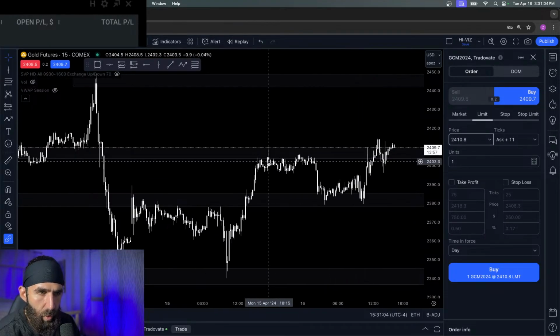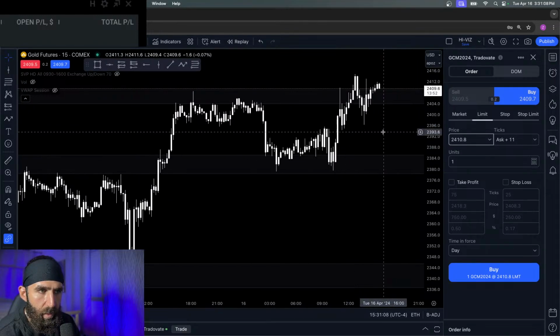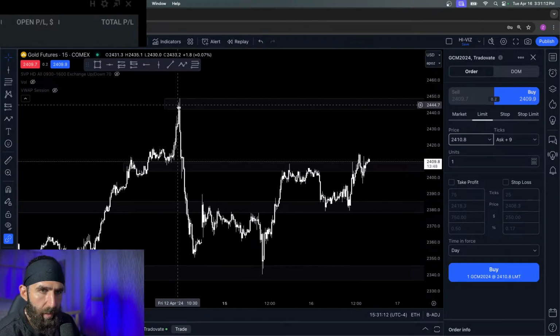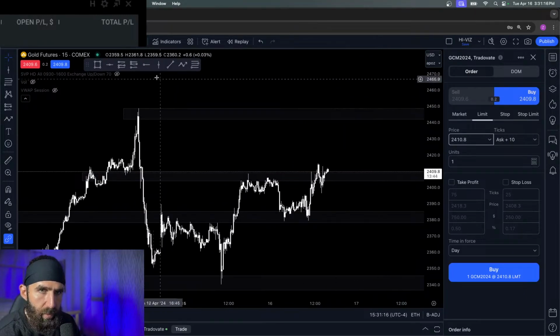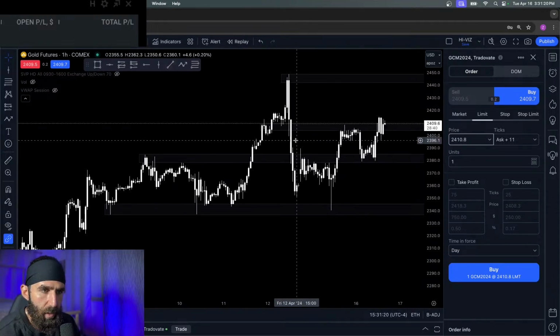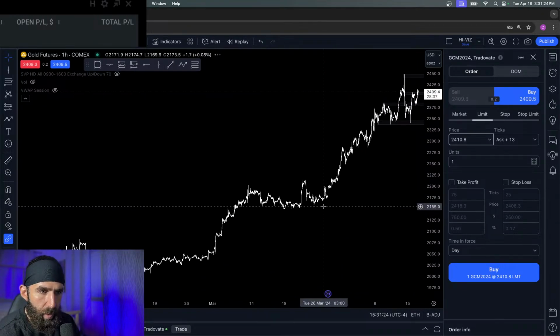Yeah, this looks good. We broke above this high, pulled back a bit, kind of tapped right down here. I don't know that I'd be taking a buy right now. I don't like it as much until it's above this area. Then we're really confirming that this uptrend is going to continue, putting in fresh highs. But this still looks good for buys. I wouldn't say, okay, it's time to get bearish on this.